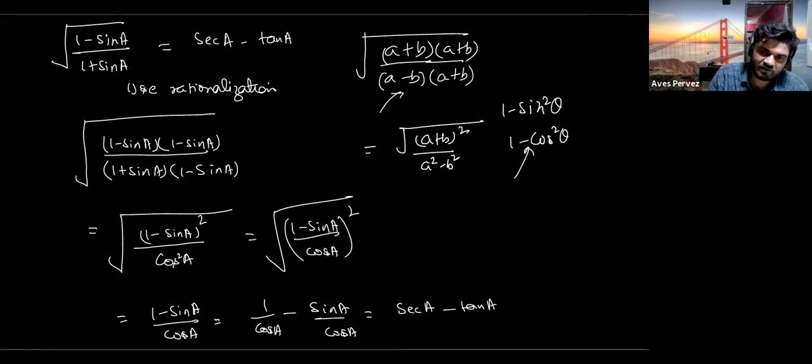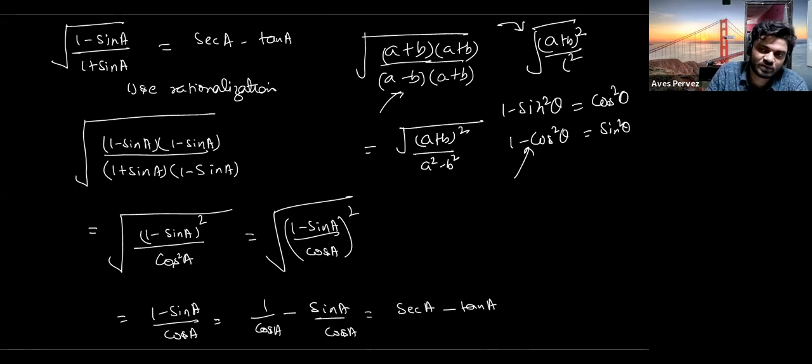So in the numerator, we will generally get a square minus b square. And most of the time it happens that a is 1. And when we have a as 1, this will become 1 minus cos square theta or 1 minus sine square theta. The value of 1 minus sine square theta is actually cos square theta. The value of 1 minus cos square theta is equal to sine square theta. So again, this square will come out. So in the above, we are going to have a plus b whole square. And in the denominator, we will get a term that is going to have c square. So this will come out from the under root, and we can write it as a plus b upon c.